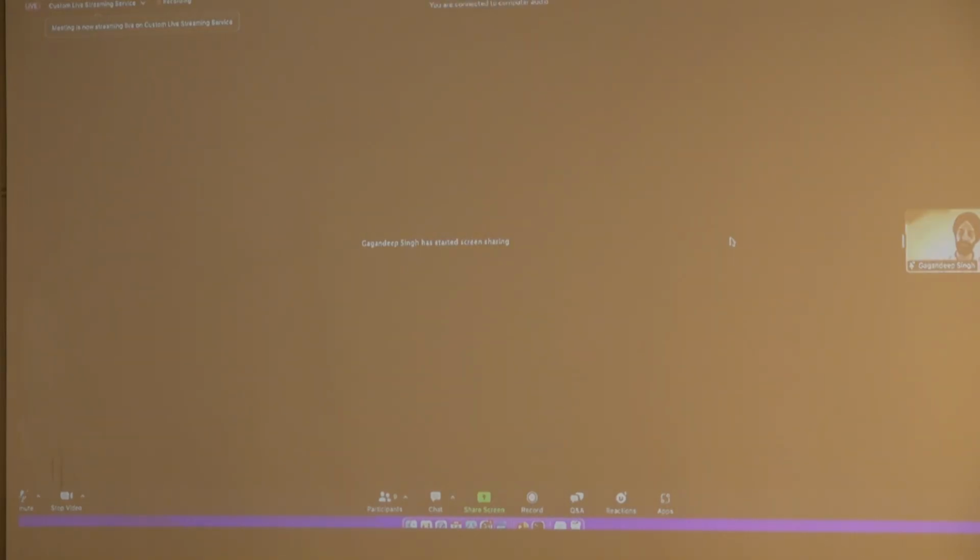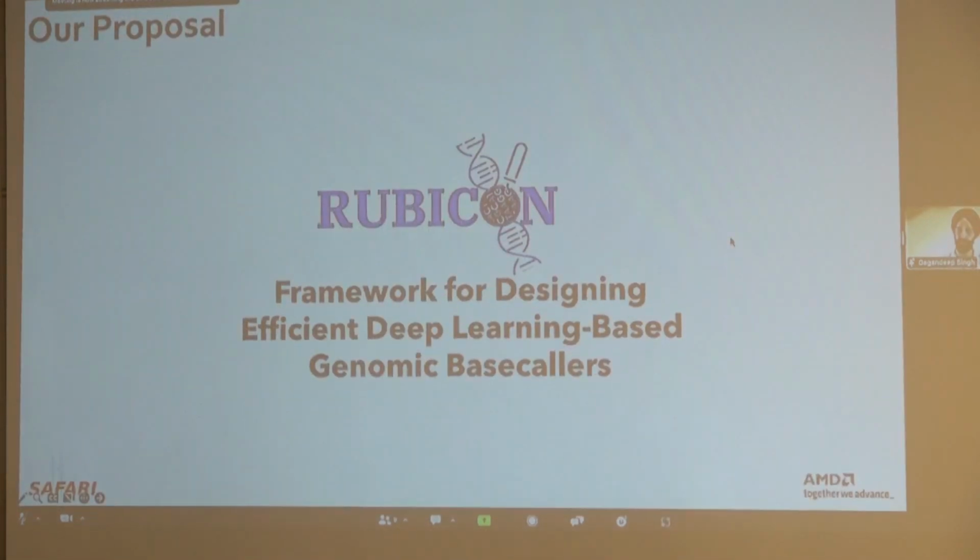In this work, we introduced RUBICON. This is the first